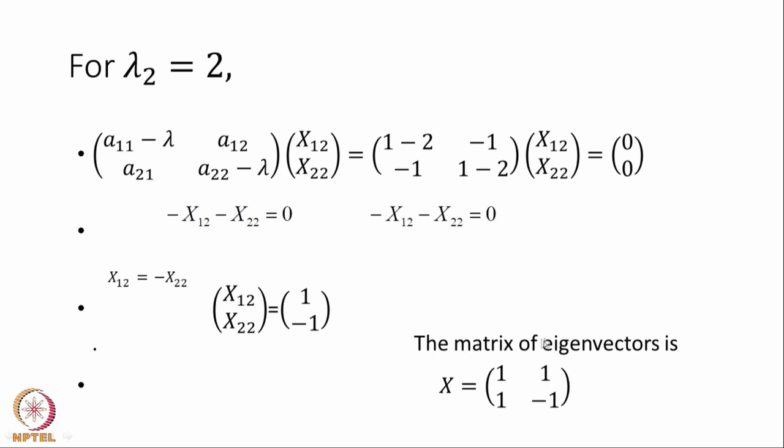So, I can combine all the eigenvectors into a matrix of eigenvectors. Since A was a 2 by 2 matrix, my matrix of eigenvectors is also a 2 by 2 matrix. If I had a 10 by 10 matrix A, in my X also there will be 10 eigenvectors and 10 columns. So, I will have a 10 by 10 matrix of 10 eigenvectors. Now, we will introduce a new concept. Using these eigenvectors, I can multiply the matrix A in such a way that I get the diagonal values. So, that is my next slide now. Look at the next slide.